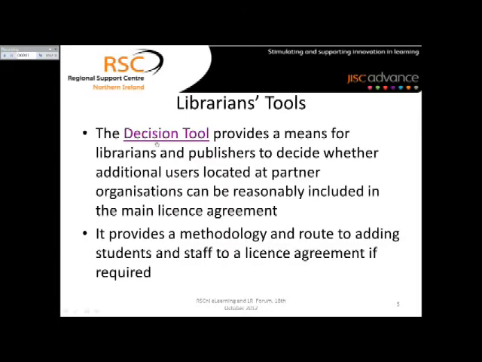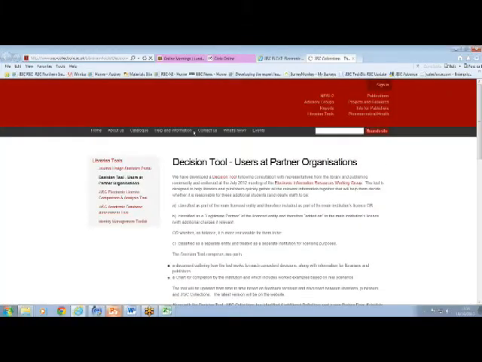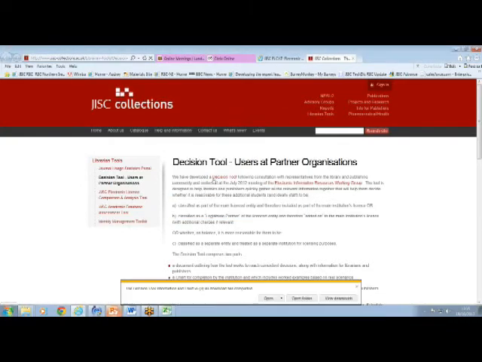Now the second one, the Decision tool, is really a means for librarians to decide whether other users at partner organisations can be included in the main licence agreement, and this is really, I suppose, of particular interest to those colleges who have franchised maybe HNDs or foundation degrees with universities. It provides methodology and route to adding students and staff to a licence agreement if required. So if we just click on that and we go through,